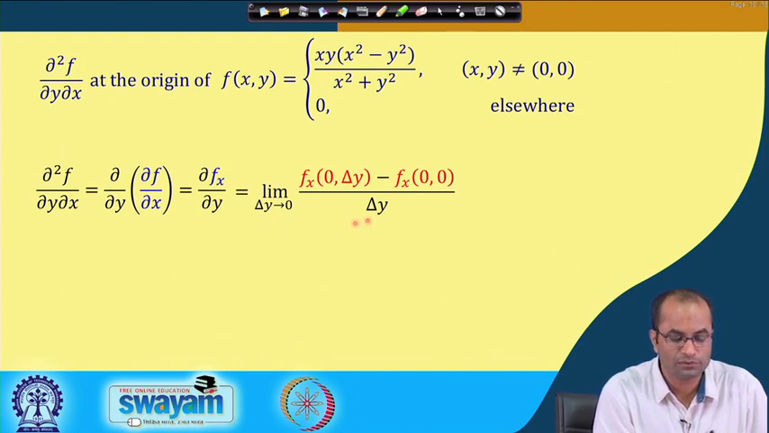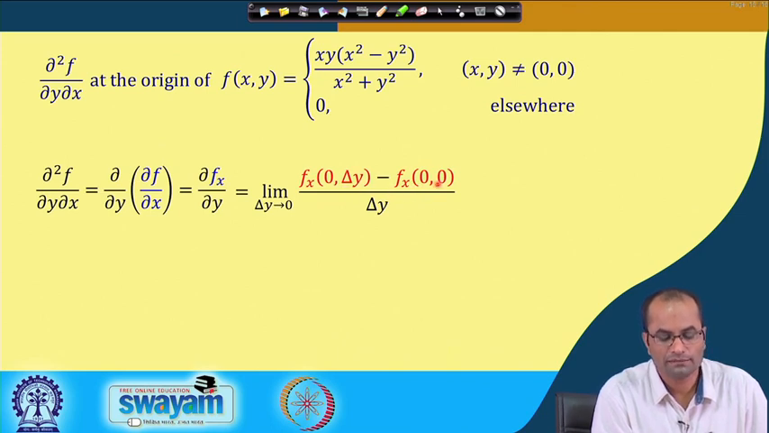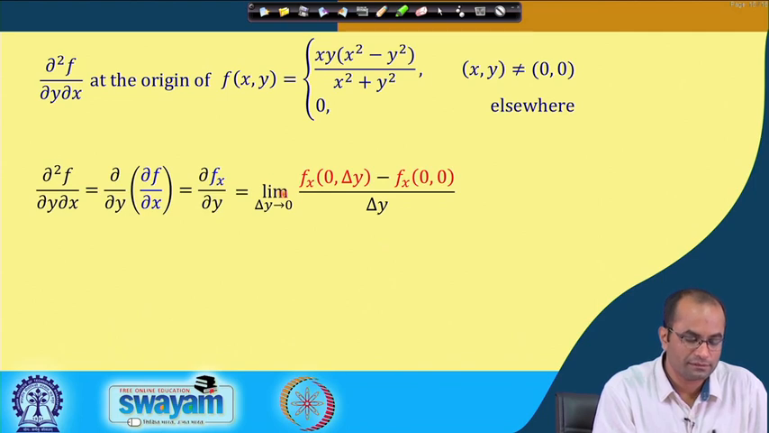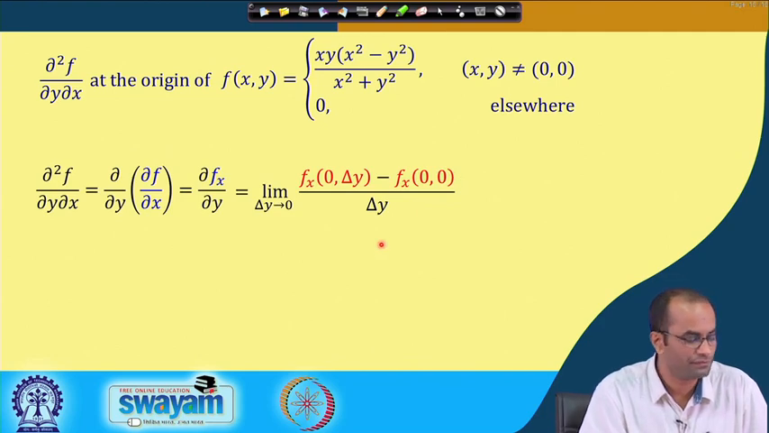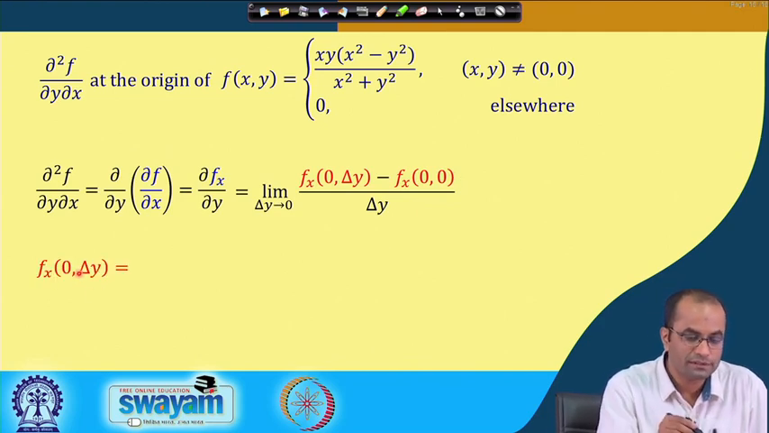So, delta y goes to 0, this delta y, and we have this function f_x. So, f_x at (0, 0), because we are taking the partial derivative with respect to y. So, we will get increment in y. So, 0 plus delta y, which is delta y, minus f_x(0, 0) over delta y. So, now as in the previous slide we have to compute this f_x(0, delta y) and f_x(0, 0) instead of f_y earlier. So, what is this